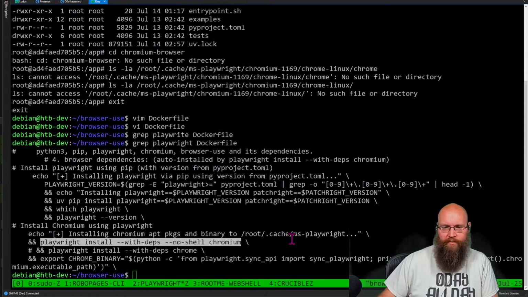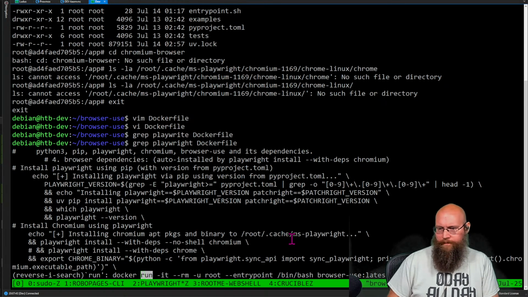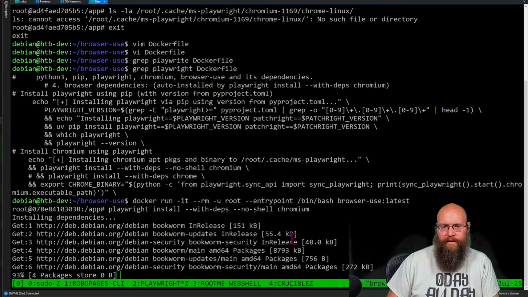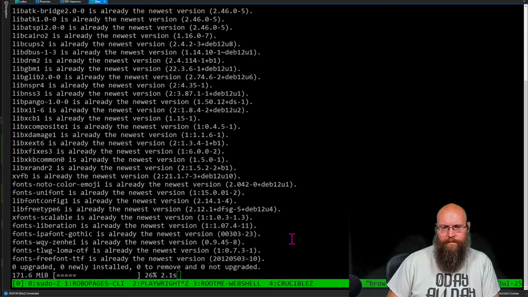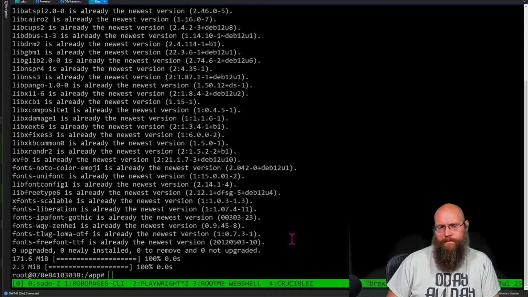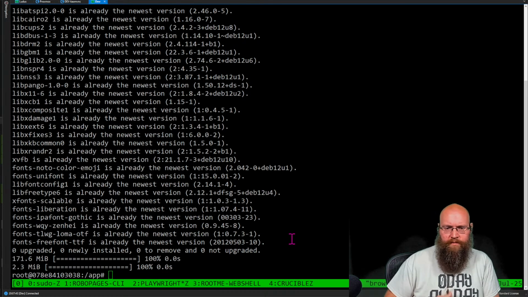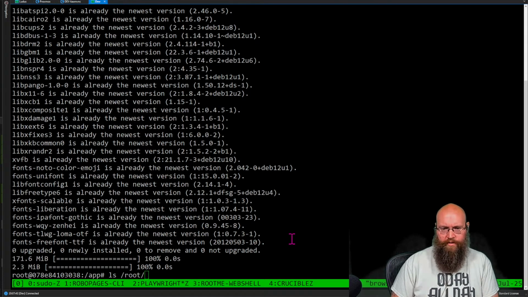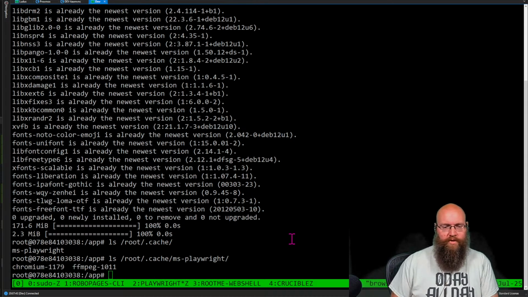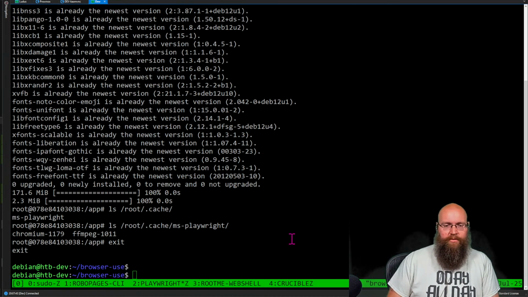What I'm going to do is run the Docker container again. You know what we're going to do? I'm going to run this. Yeah, so something is funky in the Docker file. Something is rotten in the state of the Docker file. So now if we look in root.cache, there it is. For some reason, that sucker is just completely not installing. Browser use, you're breaking my heart, bro.